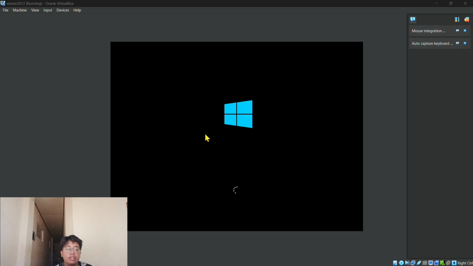Just click any key in the Windows. We're just waiting for the Windows to start again, because it is restarted.